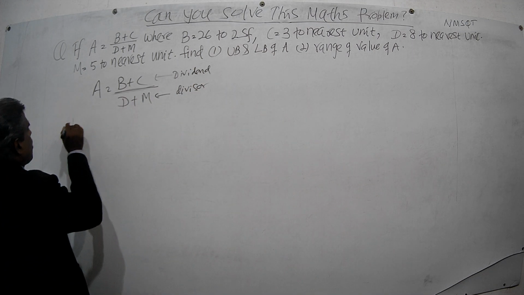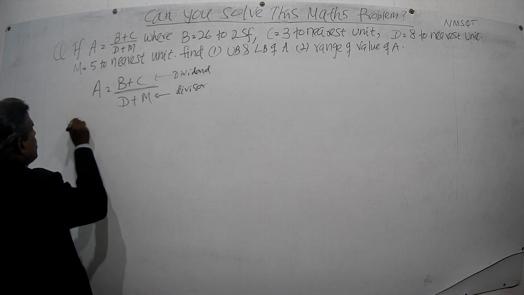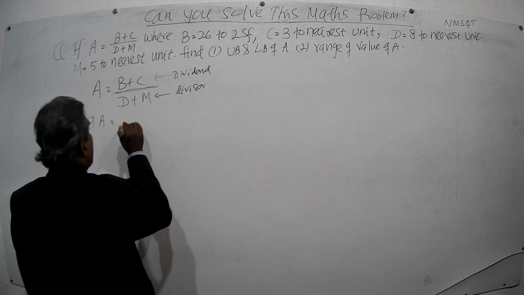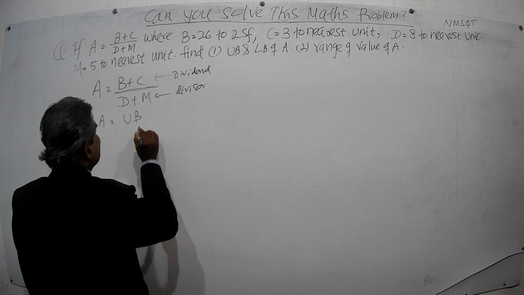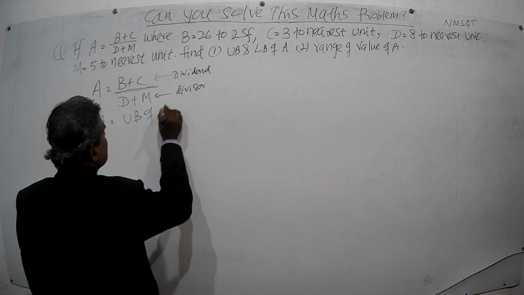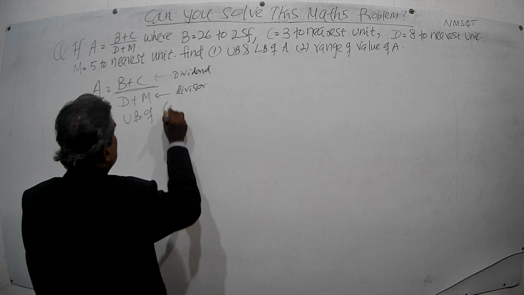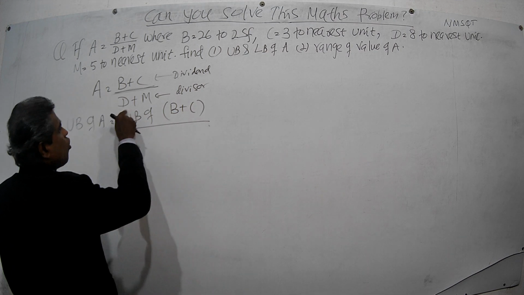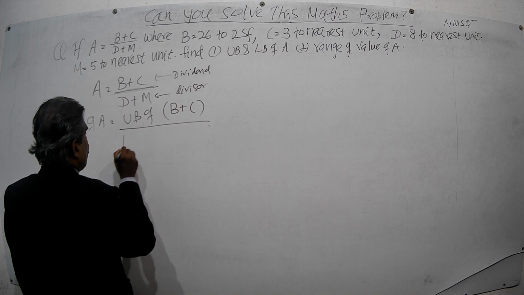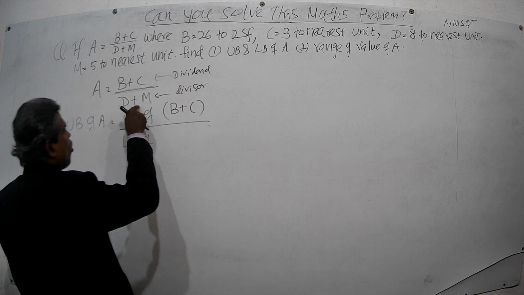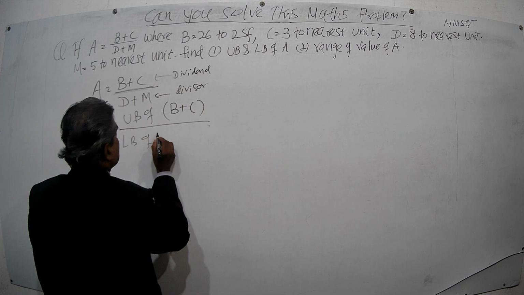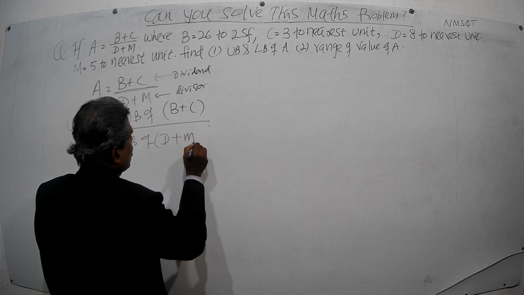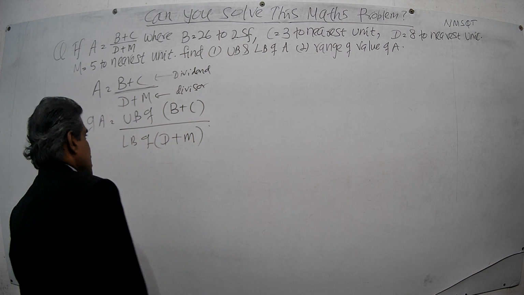Therefore, we will write the formula for the upper bound of this one. Upper bound of A equals the upper bound of the dividend, what is the dividend here? B plus C, divided by the lower bound of the divisor, that is the lower bound of this bottom block, D plus M. Okay, that's simple. Now